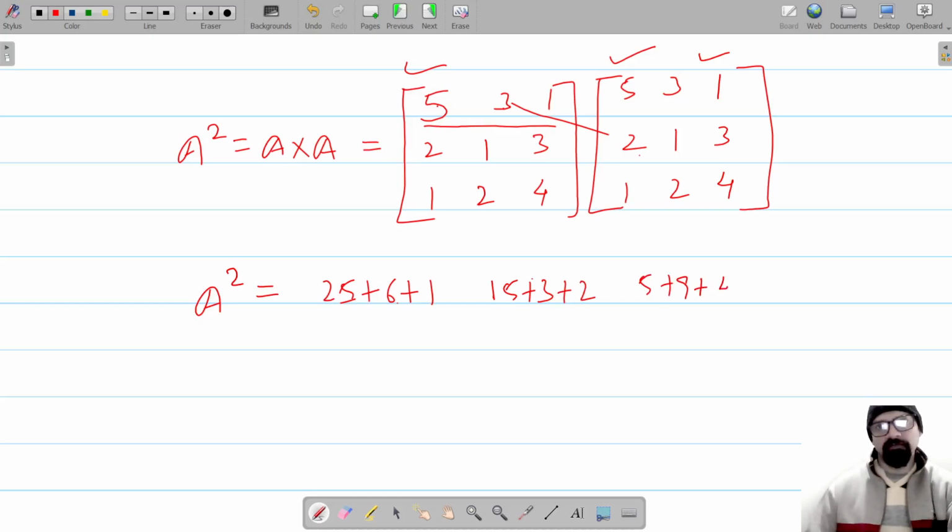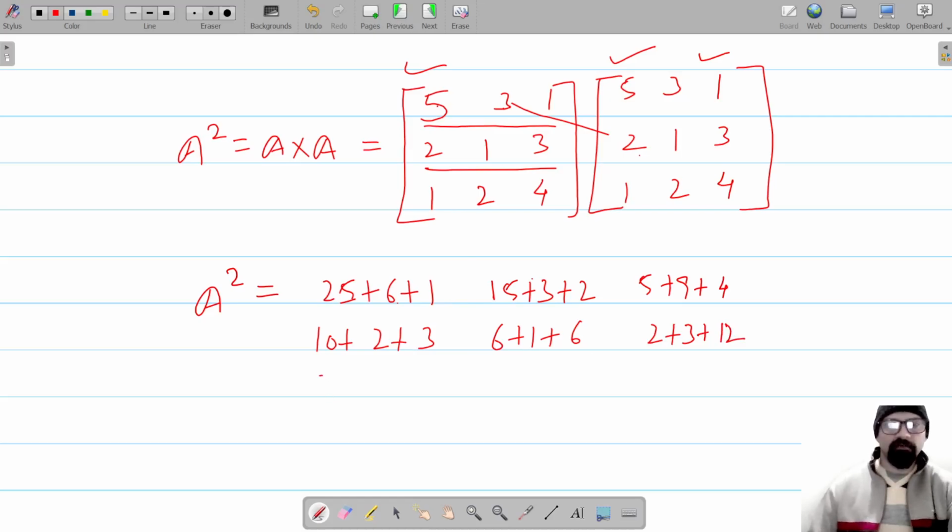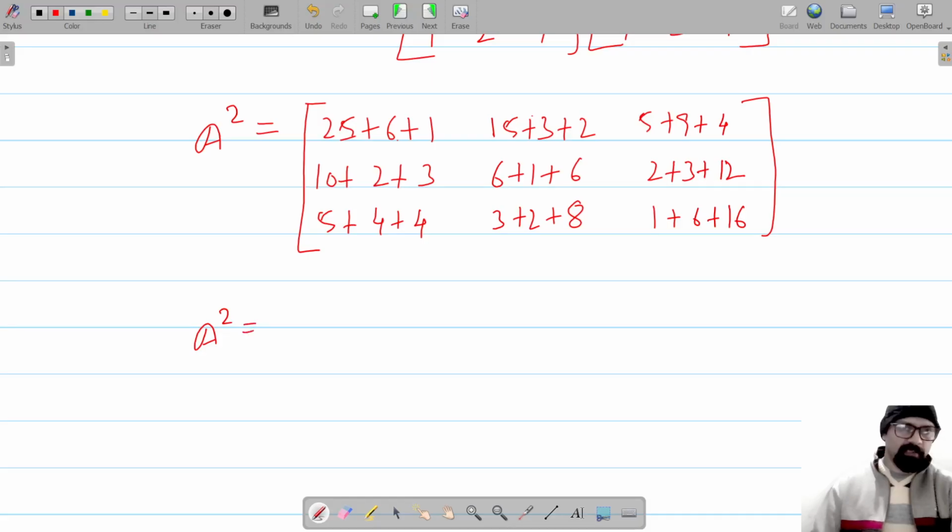फिर 5 plus 9 plus 4। इसी तरह second row सभी columns के साथ। तो 10 plus 2 plus 3, फिर 6 plus 1 plus 6, फिर 2 plus 3 plus 12, फिर 1 × 5 is 5, 4 plus 4, 3 plus 2 plus 8, फिर 1 plus 6 plus 16, और ये हो जाएगा A square। तो A square लिखते हैं, पहला element है 25 plus 6, 31 plus 1 हो जाएगा 32। तो ये है 32, 15 plus 3 is 18 plus 2 हो जाएगा 20, 5 plus 9 is 14 plus 4 is 18।